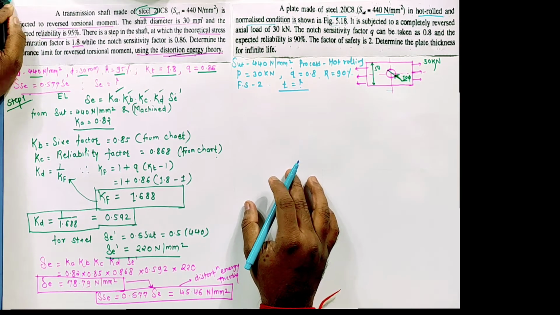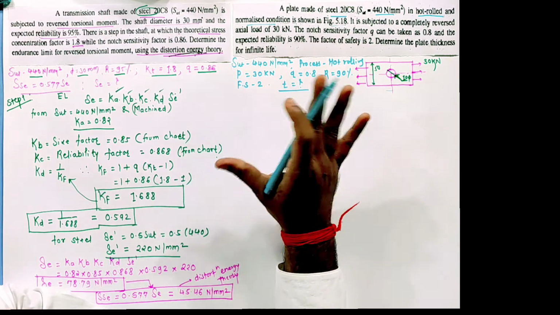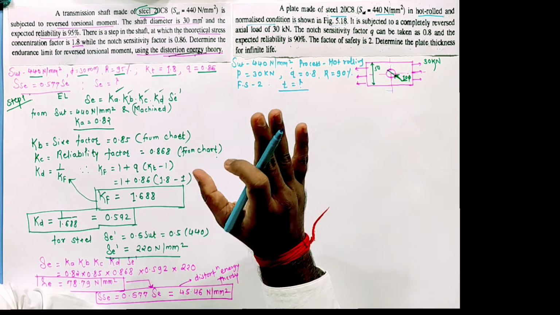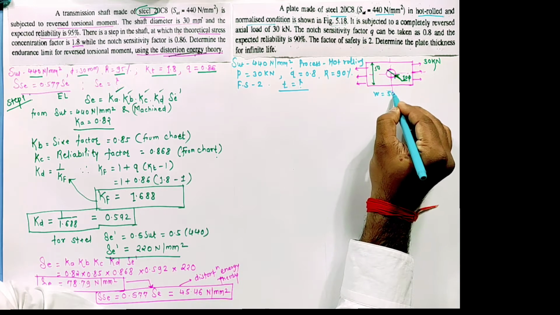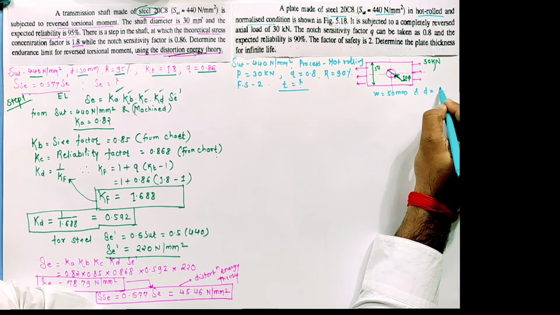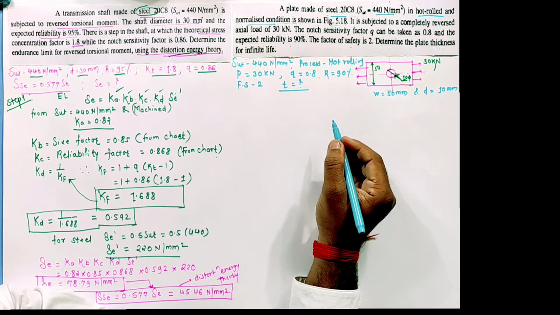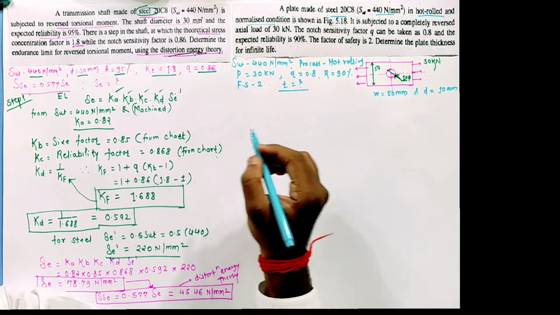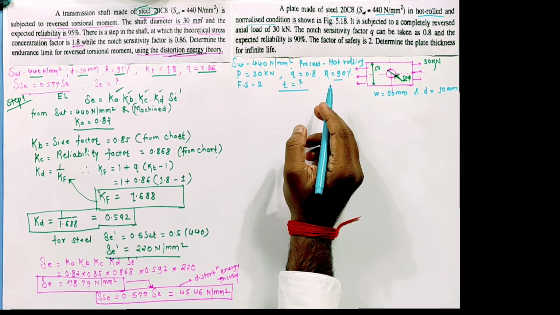Determine plate thickness. Now after reading the things we'll have to move to the structure. If they have given the structure, it means we'll have to calculate Kt at any cost by using the charts which we have seen. So that is clear. Now here I can get an idea: width is equal to 50 mm and diameter of the drilled hole 10 mm. Now you can tell me which graph is suitable for the Kt. Correct? We'll move to that point, but before that I'll tell you, as reliability is given, Kc factor is given, it means this problem is related to endurance limit.